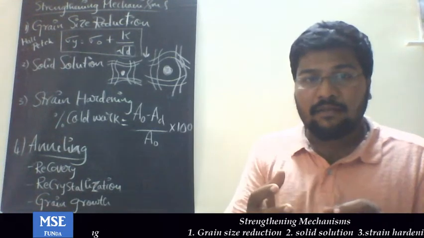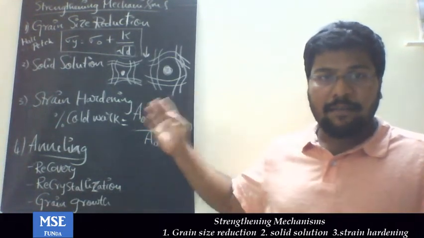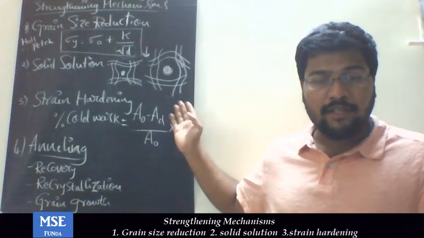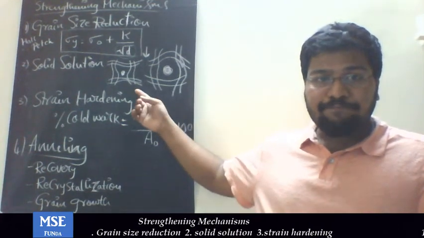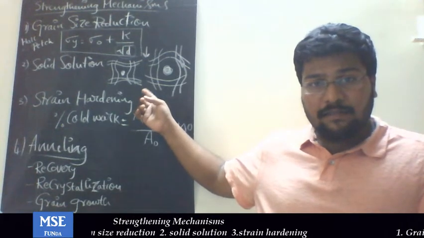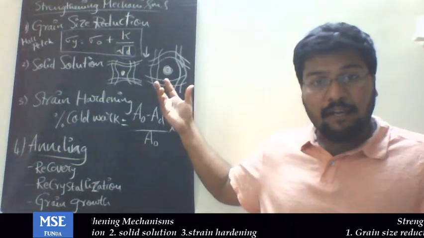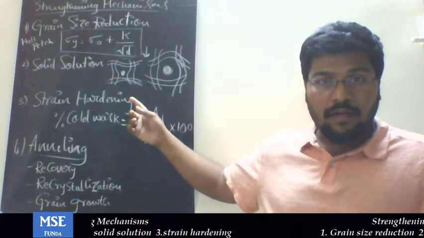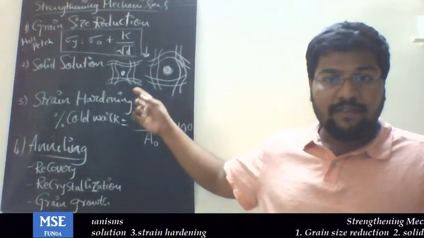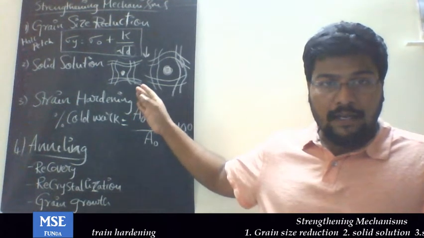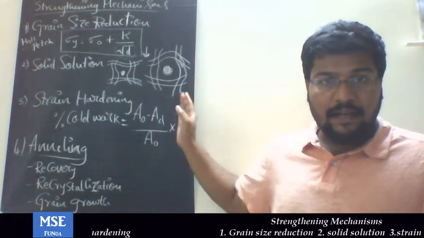In such scenarios, for example here, assume this to be a substitutional solid solution. Here the atomic size is smaller than that of the base metal, and here the atomic size is larger than that of the base metal. If it's smaller, this is how the stress fields appear to be. Here it undergoes tension, and here it is